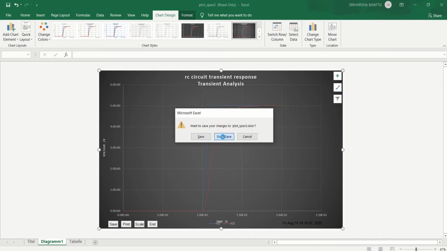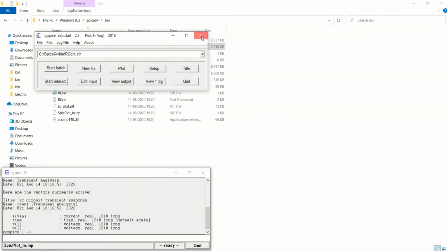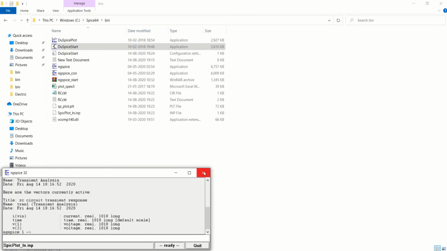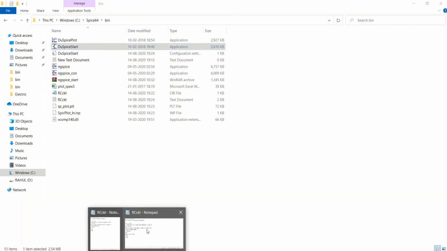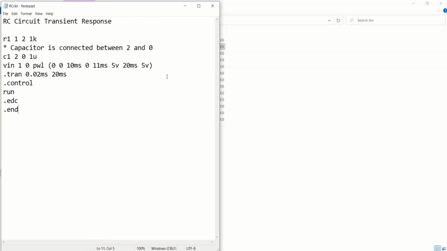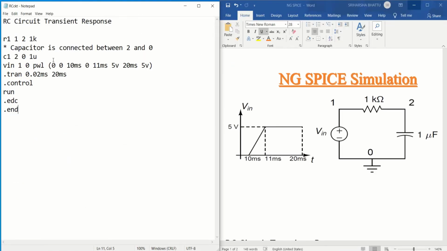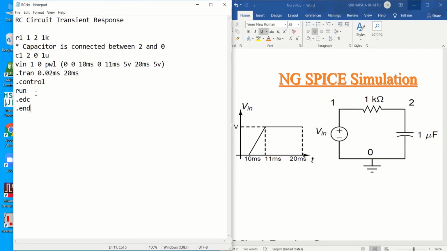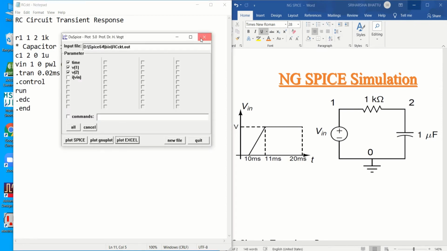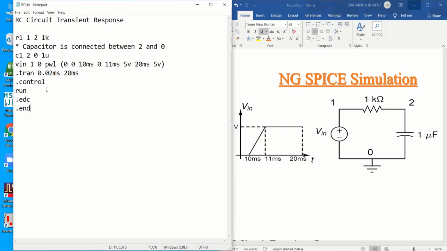Now I want to show you some changes within the program. So I'll go to the RC circuit. I'm adding a change to the background, because it is black in color.